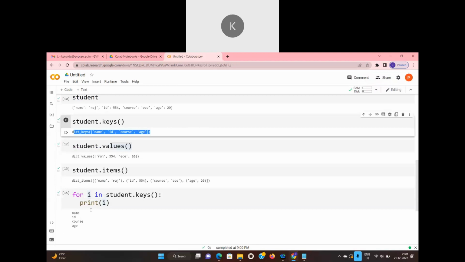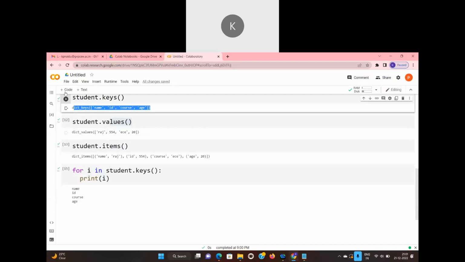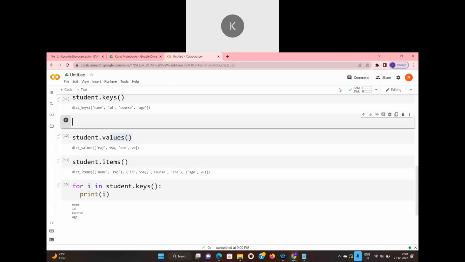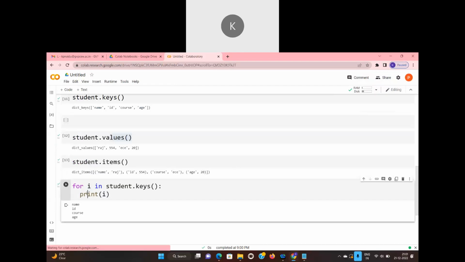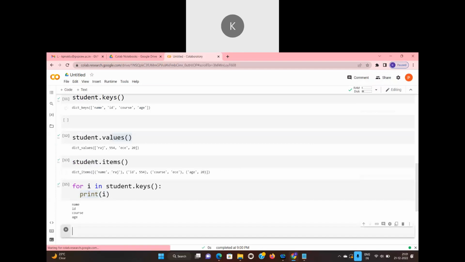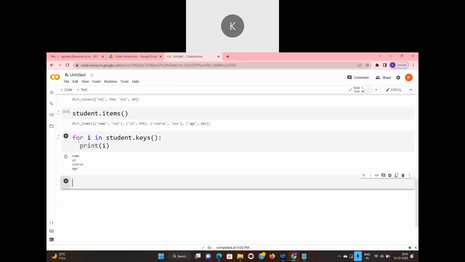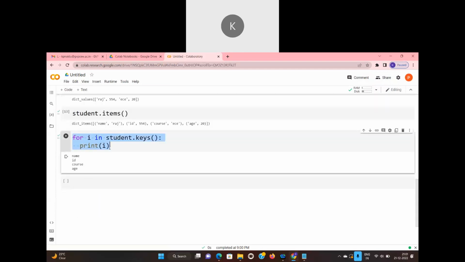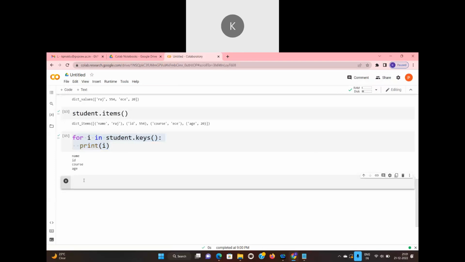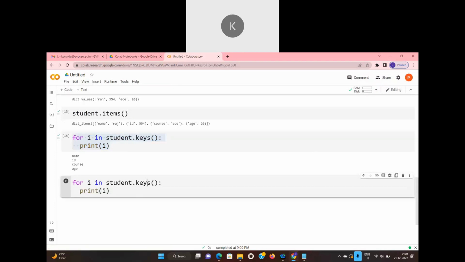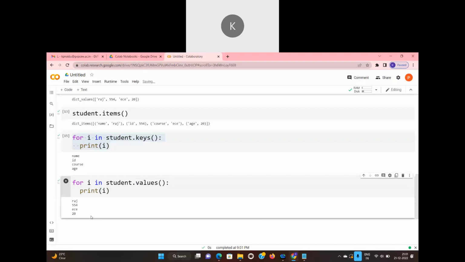Similarly, if you want to know the values in a dictionary, then we will write student dot values. Clear? Try to print this one. Clear? So, for example, if you want to know the key value pairs in the dictionary,